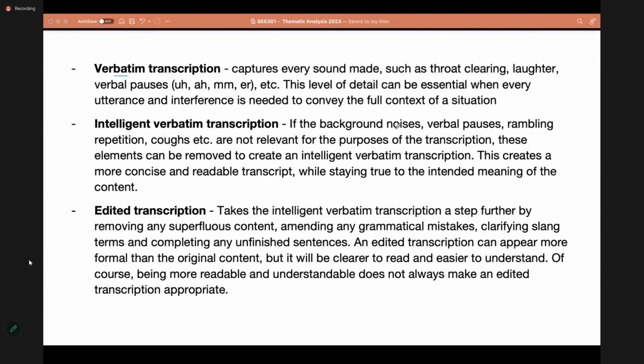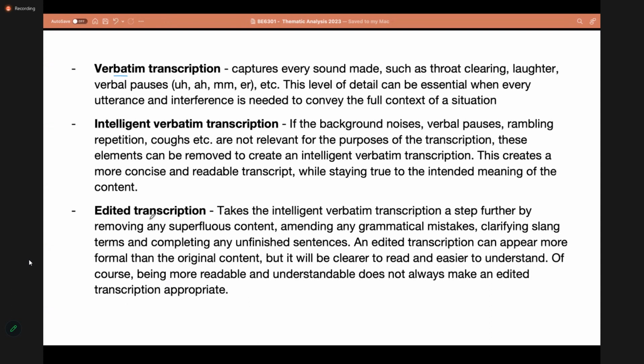However, we still have everything that's said by the interviewee. We are not changing any words or grammatical mistakes, or changing the sentences. It's only those unnecessary background noises that we omit.